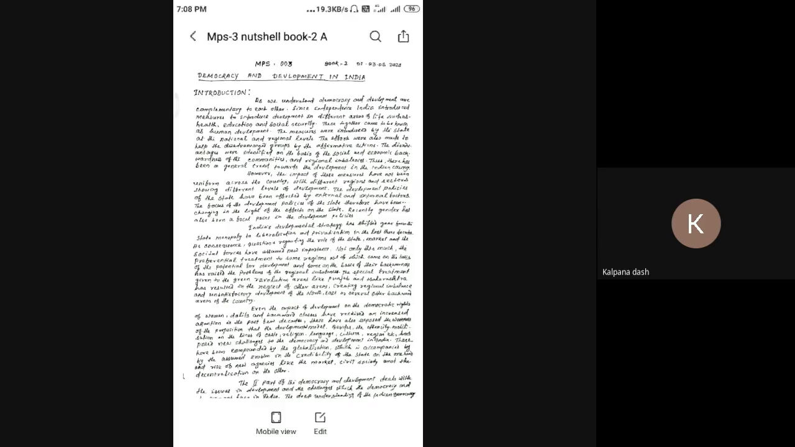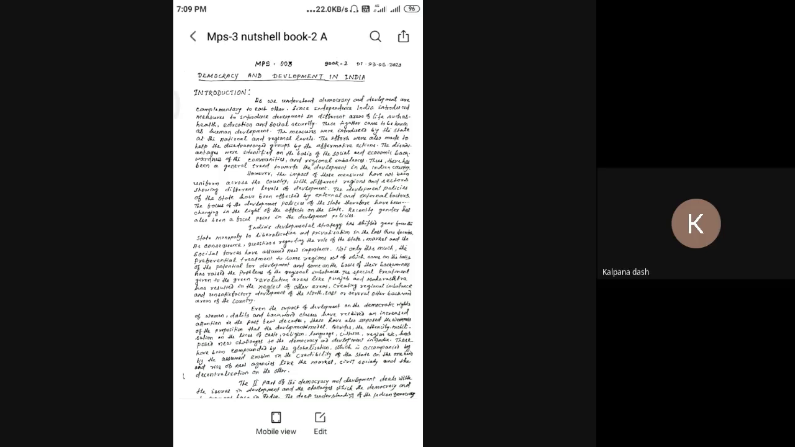The measures were introduced by the state at the national and regional levels. Efforts were also made to help the disadvantaged groups through affirmative action. The disadvantages were identified on the basis of social and economic backwardness of communities and regional imbalances. Thus, there has been a general trend towards development in the country. However,